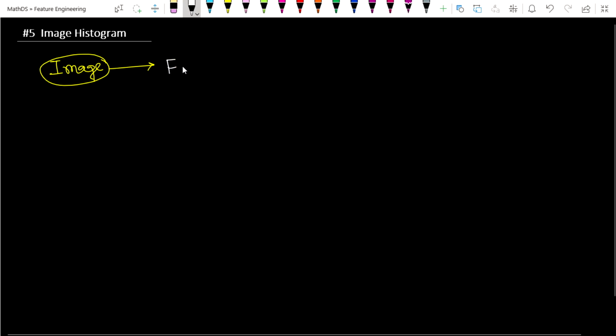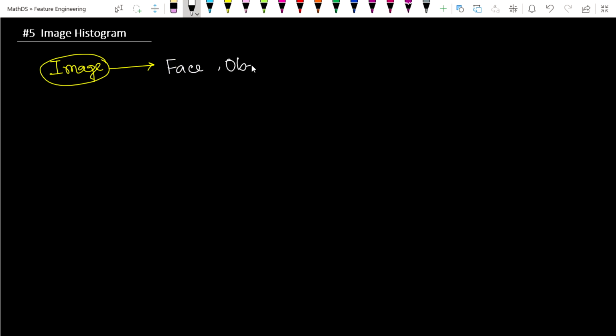It may be a face image, an object image, a scan image, various types of scans like MRI, or an X-ray image. But in the previous video, you have seen that by simply using the deep learning concept, we can detect